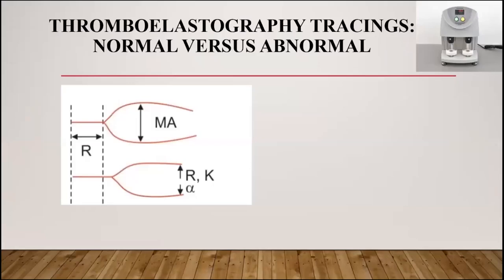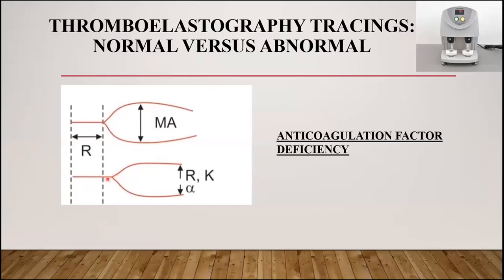Now we come to interpretation of some of the abnormal TEG traces. Above here we have a normal TEG trace and below is the abnormal. So when you compare the two, we see that the R time is prolonged, the K time is prolonged, the alpha angle is decreased. So most likely it is a case of anticoagulation factor deficiency as the R time is